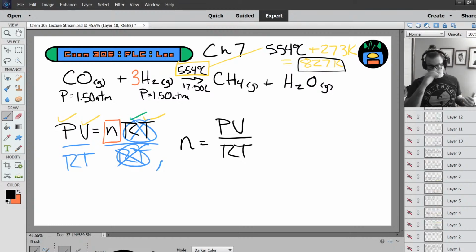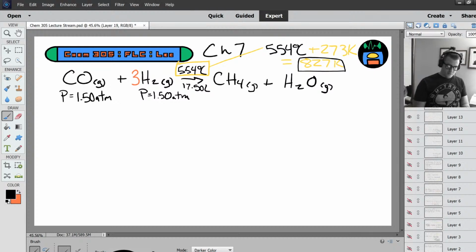And we have all these quantities. So we can use this to solve for how many moles of carbon monoxide, how many moles of hydrogen, and then use those to figure out how many grams of water we're going to produce, right? Because this is a theoretical yield problem. We've got to do it for both hydrogen and carbon monoxide, and then figure out which one we're left with. All right, so we have here,